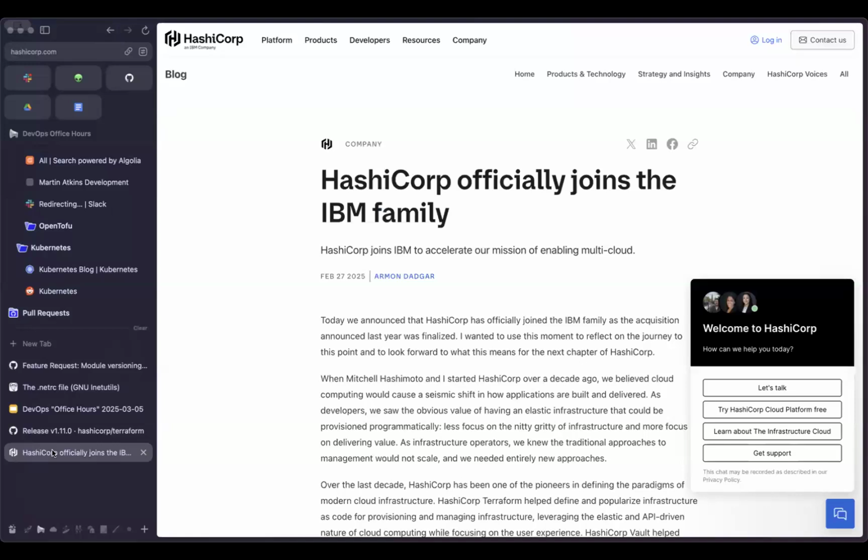So that's a perfect segue into HashiCorp now being officially part of IBM. The deal was hung up for a little while in antitrust, making sure that it didn't create a monopoly for IBM, I guess. That didn't go anywhere, and the deal has closed. So congrats to the employees at HashiCorp.